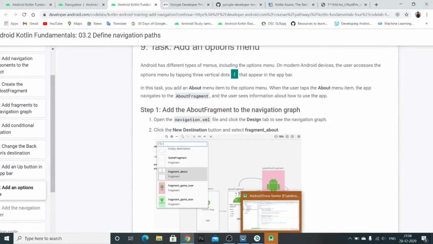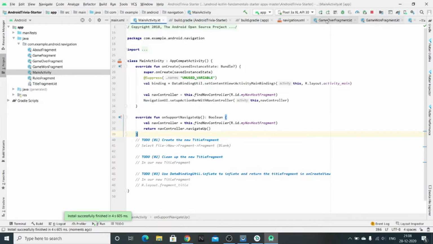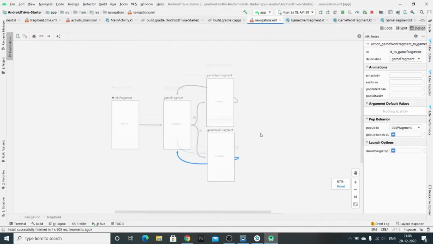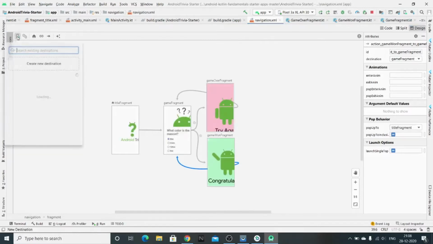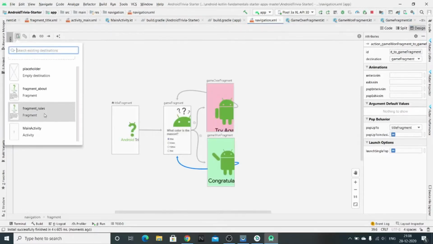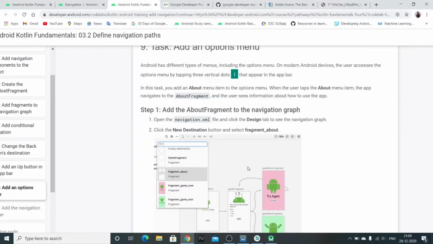So before starting coding for that, let's get back to the navigation.xml and add that option menu fragment also. Not action menu, the fragment about.